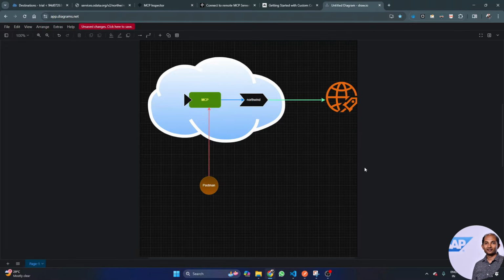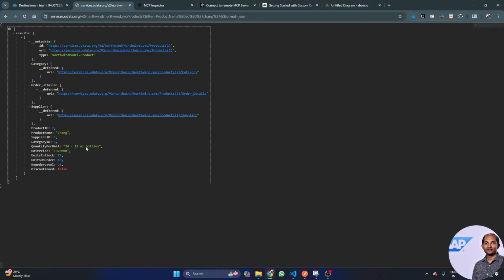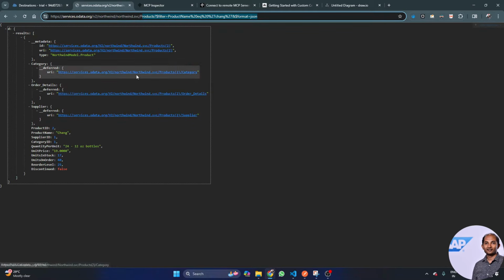Before the coding part, let's understand what exactly we're trying to achieve here. As you know, the Northwind service is very popular, which is an intranet service. It doesn't need any authentication. You can make a simple query on different products, suppliers, etc., and it will just give you the data without any authentication. So I thought to integrate or